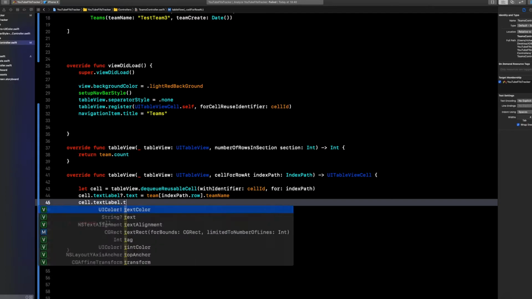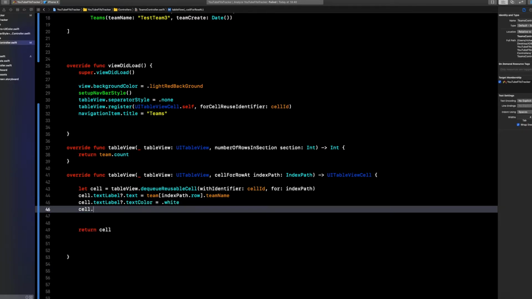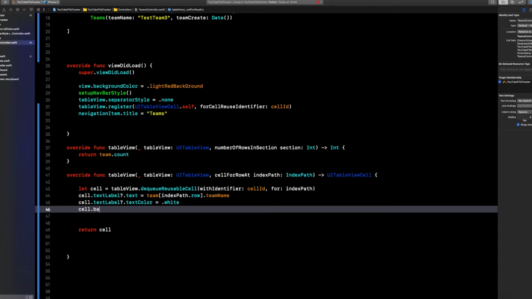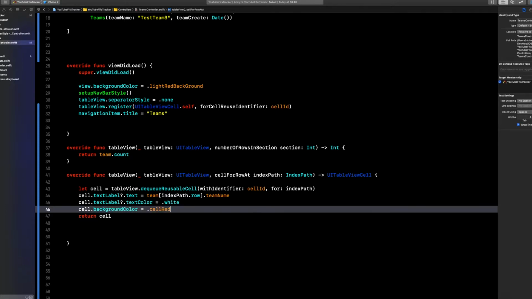We'll also set the text color to white, and we can also use one of our prettier colors that we have access to because we have that in our extension, and it's called cell red, and that should